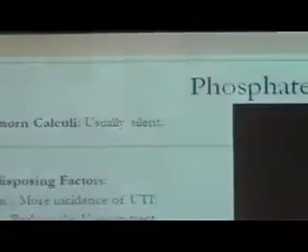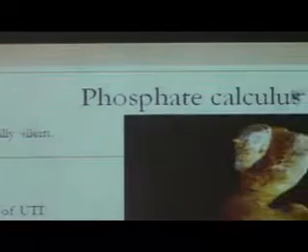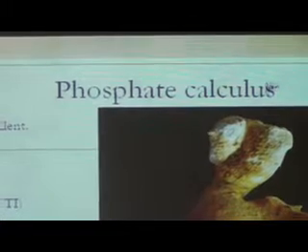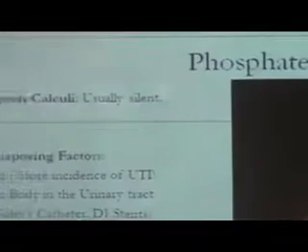You can see in this diagram, this is the spare part, okay? And the predisposing factors for the phosphate calculus will be all the factors which again predispose to infection. So regarding gender, whether male or female, we will want female because of the short urethra, maximum chance of UTI, so maximum chance of struvite calculi in female.